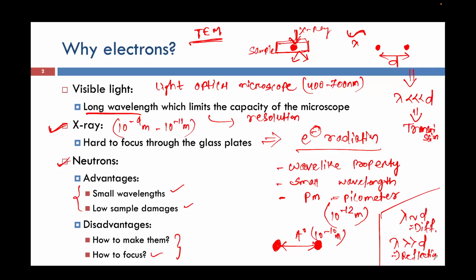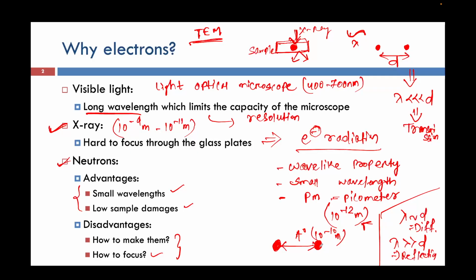These are the three conditions that we have seen throughout our courses: when the wavelength of the incident beam is equivalent to, less than or greater than the distance between the two scattering objects, what phenomena take place. So in this case, we are seeing that the wavelength of the electron is 10 to the power minus 12, and the distance between two atoms or two scattering objects